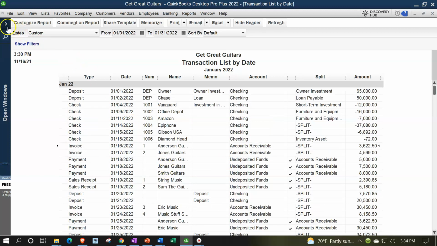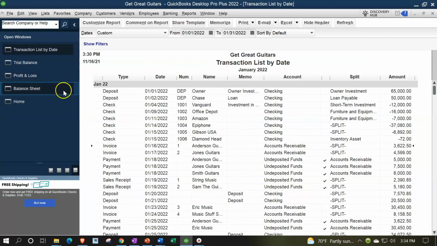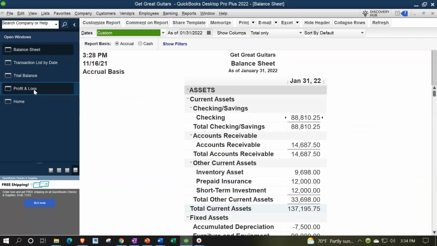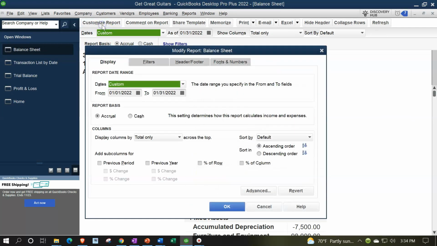Now let's go ahead and just print these items out. So I'm going to go back. We might format them a little bit. Let's go to the balance sheet, and let's just imagine that we're going to add a little bit of detail, customizing this. And let's say we're going to go to the percentage items down here and say we want to take a look at the percent of the column,